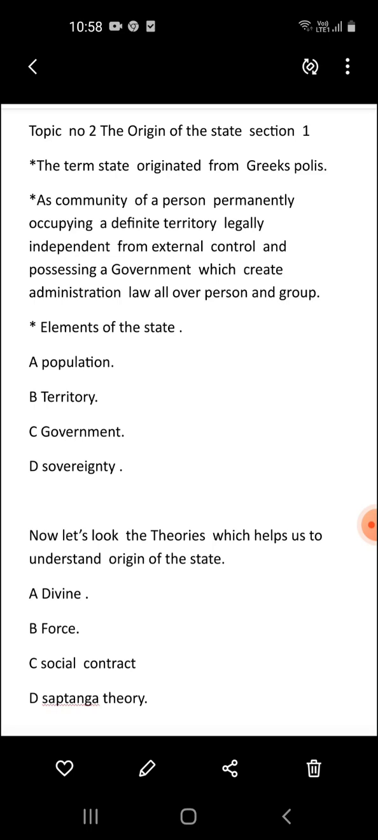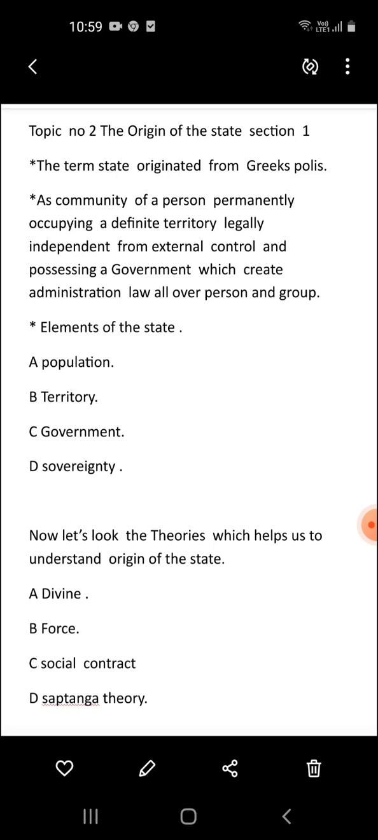Now the last theory, which probably happened in the 4th century in ancient India, was originated by one of the famous statesmen of India, none other than Kautilya. According to him, to form a state we need seven elements, which he called the Saptanga theory. And the seven elements are: first one,